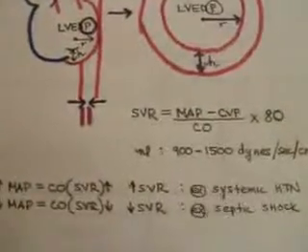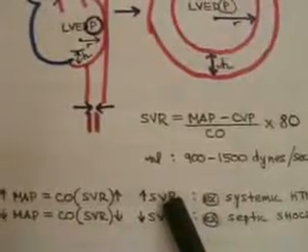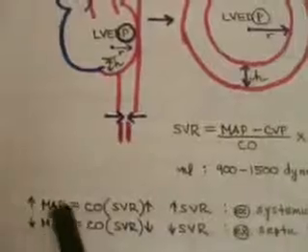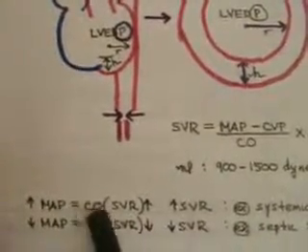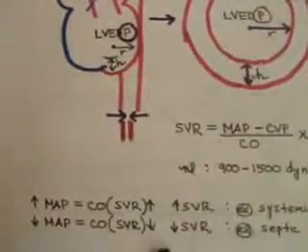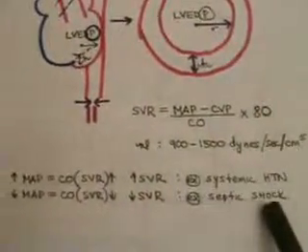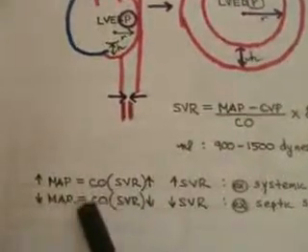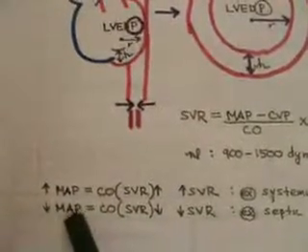And as we said, the example can be systemic hypertension, in which you have increased systemic vascular resistance, and ultimately that's why they have increased blood pressure, the mean arterial pressure, because mean arterial pressure equals the cardiac output multiplied by the systemic vascular resistance. On the contrary, you have an example in which you have decreased systemic vascular resistance, for example, septic shock, in which a decreased systemic vascular resistance ultimately leads to a decreased mean arterial pressure,